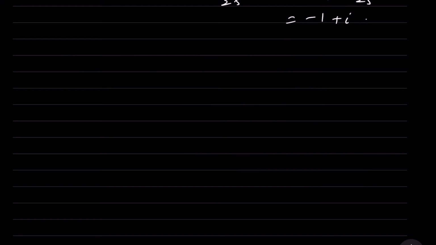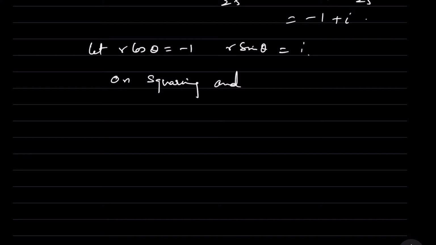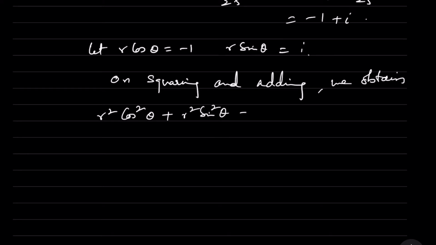Let's see. Here you are having, let r cos theta be equal to minus 1 and r sin theta be equal to 1. So on squaring and adding both of them, we obtain r square cos square theta plus r square sin square theta is equal to 1 plus